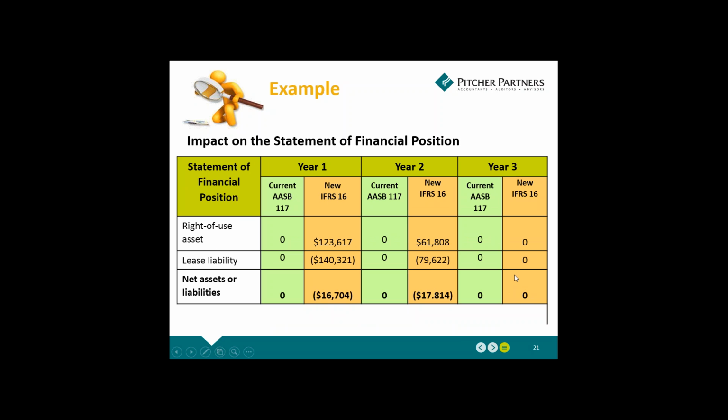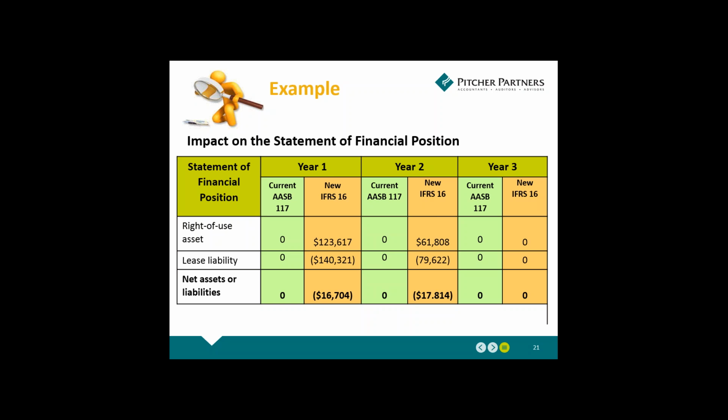If we look at the statement of financial position, and I really hope I got this one right, it looks better. If you look at the statement of financial position, your right of use asset at the end of year 1 will be the right of use asset that we had on day 1 after it's been amortized for 1 year. In year 2, obviously, we've amortized for another year, and in year 3, it would be fully amortized. Your lease liability would be the balance outstanding, the capital balance outstanding on your liability. At the end of year 1, we've got 140,000. The end of year 2, the 79, and the end of year 3, it's all repaid.